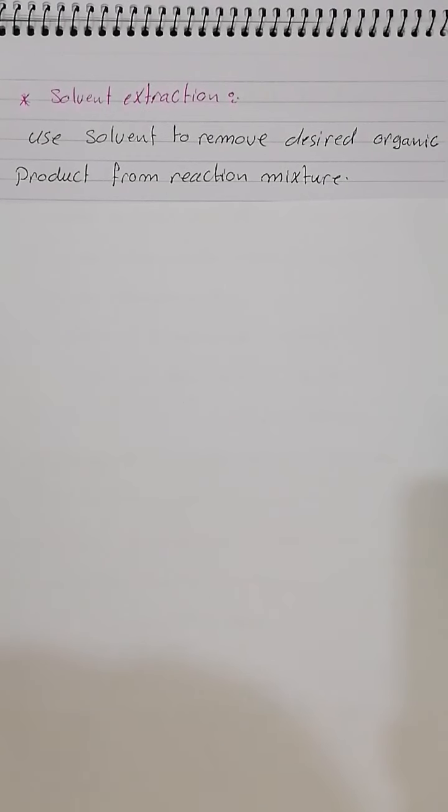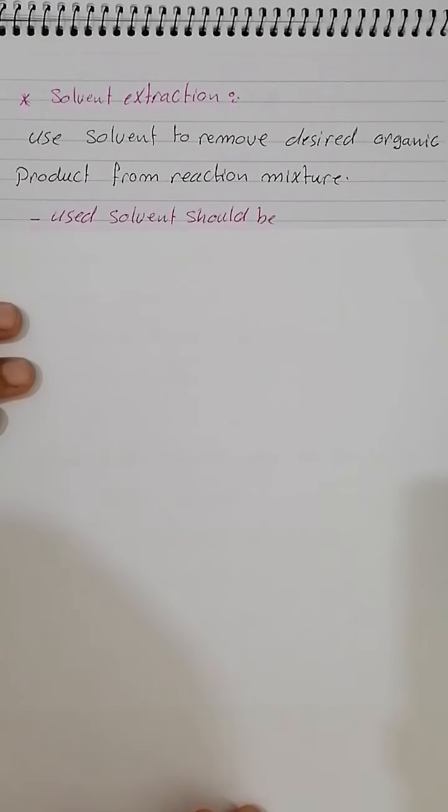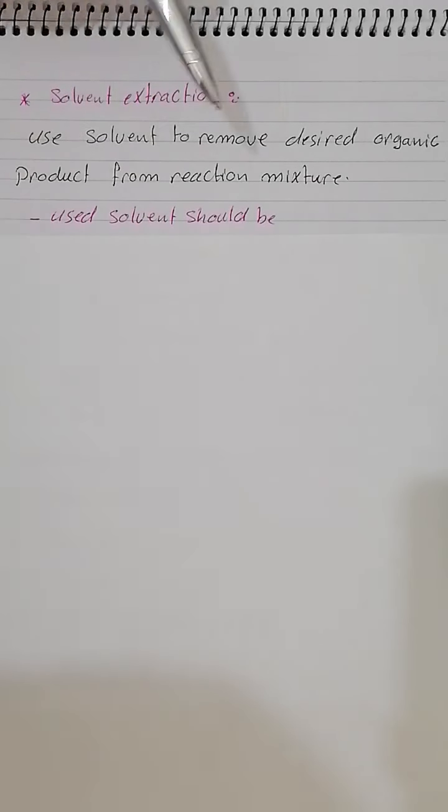We will choose another solvent. Here my compound is already soluble in a solvent. Now we will choose another solvent which will take my desired compound from the mixture, like how the magnet takes the iron filings from the mixture of sand